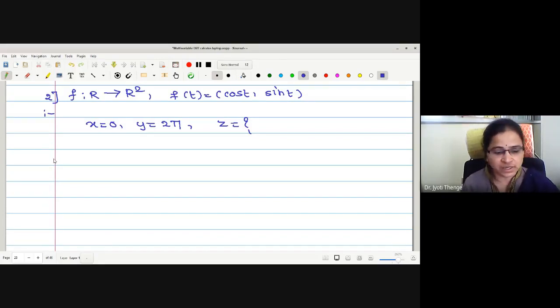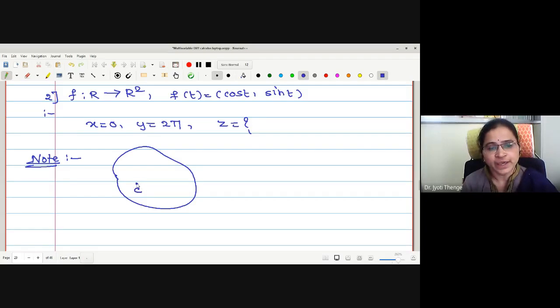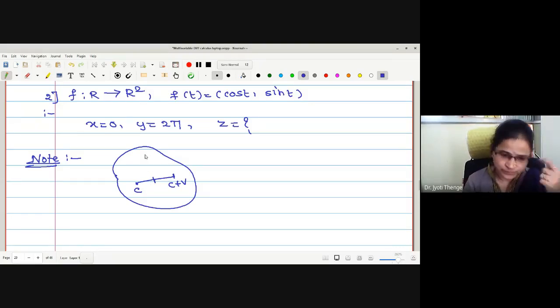In order to understand this, first let me write a small note on the equation of a line joining any 2 points in n-dimensional space. Already we have seen that in an n-dimensional space, if from a point C we draw a line parallel to a vector V, then it gives us a line segment starting at point C and ending at C plus V. What is the point in between the 2 points we have written? Parametric equation.